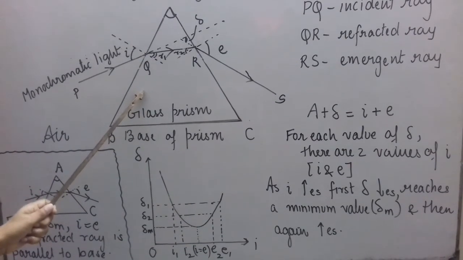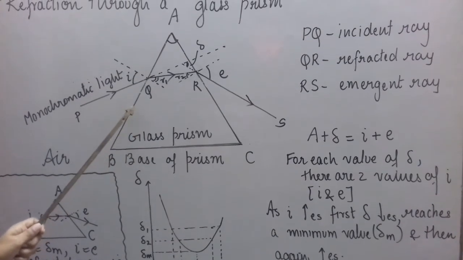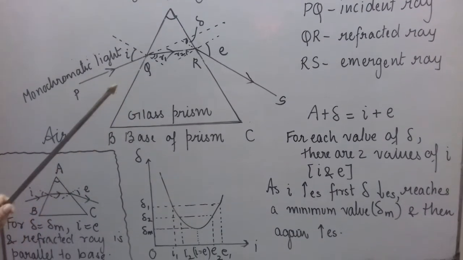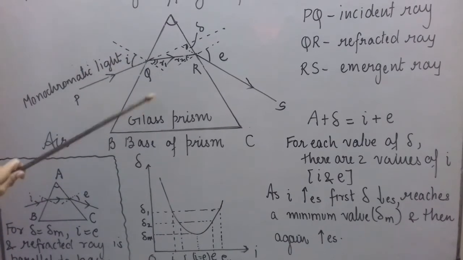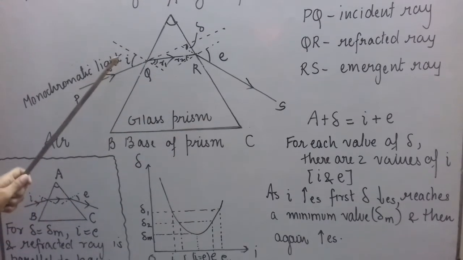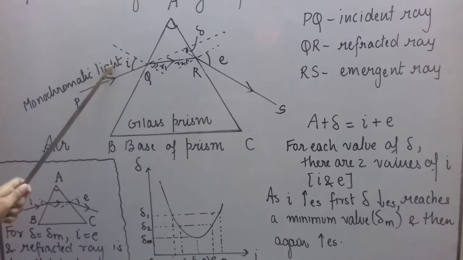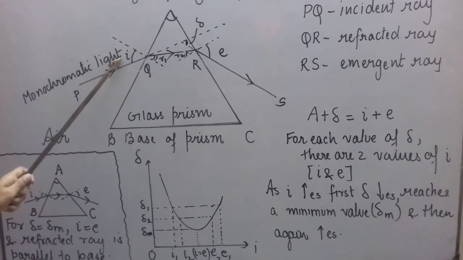It is one of the activities given in the 12th class book also. It is a practical, and even in 10th class you can do it. But maybe this year you won't be doing it. So when you draw the ray diagrams for a prism for different angles of i, you will see that different values of delta are obtained for different values of i.